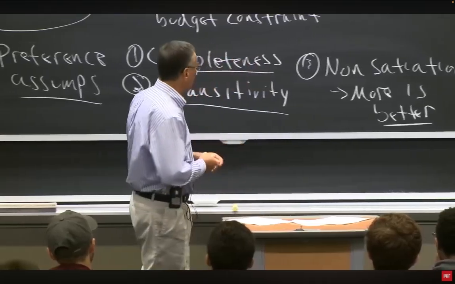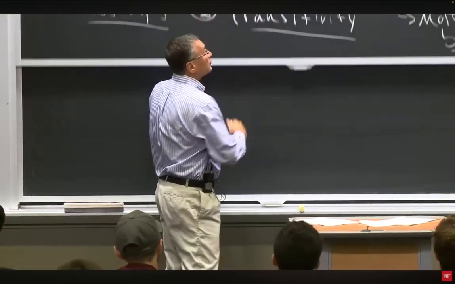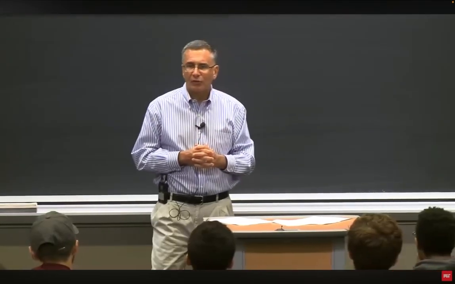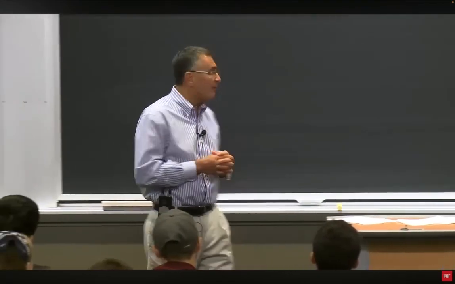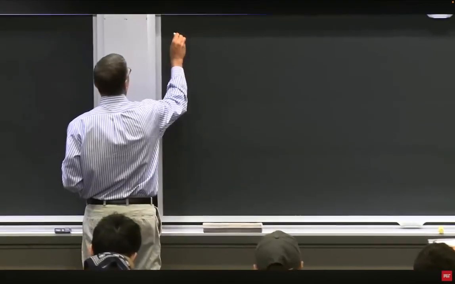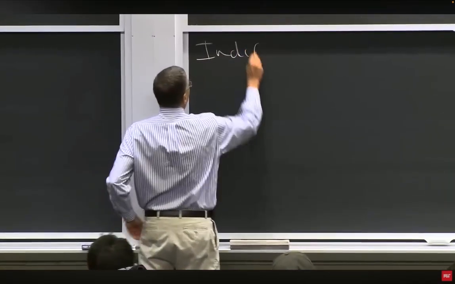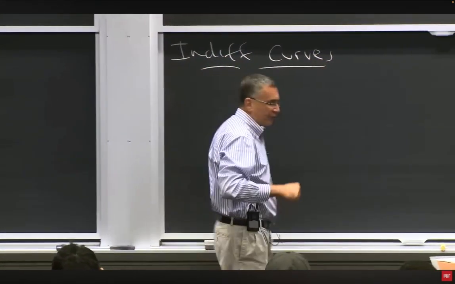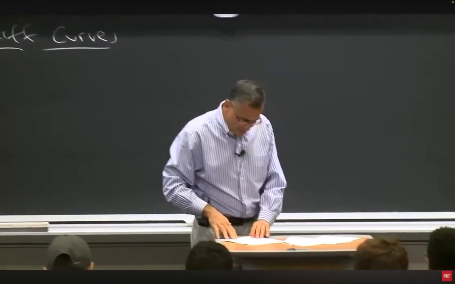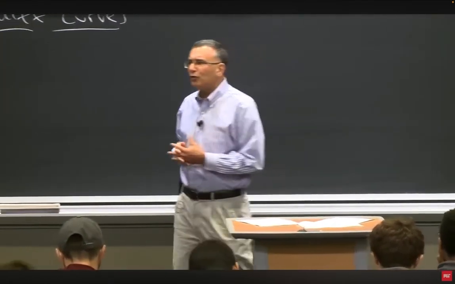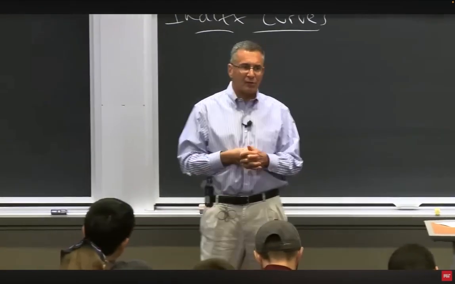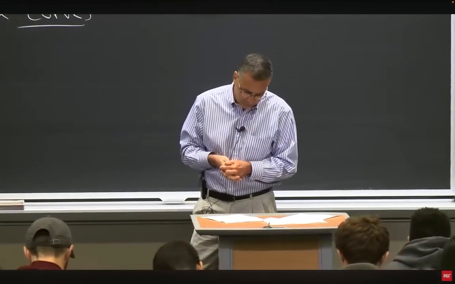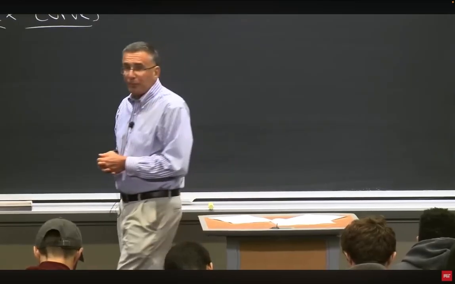So that's our assumptions. Armed with those, I want to start with a graphical representation of preferences. I want to graphically represent people's preferences. And I'll do so through something we call indifference curves. Indifference curves are basically preference maps. Essentially, indifference curves are graphical maps of preferences. Okay? So, for example,